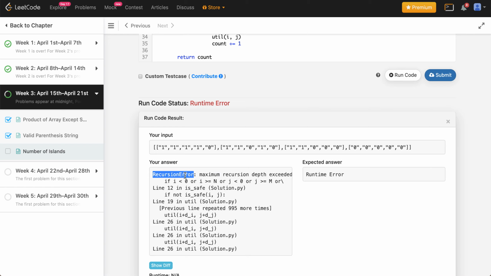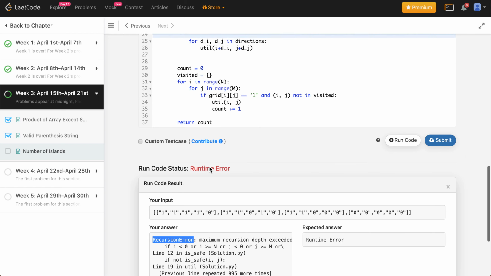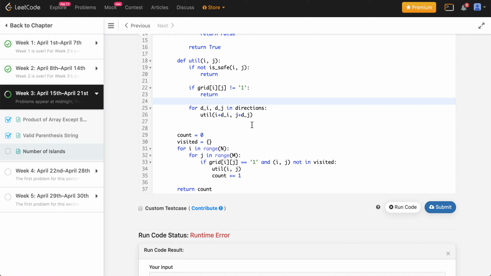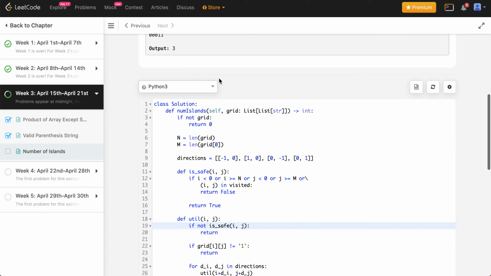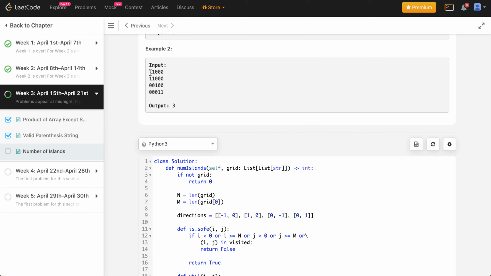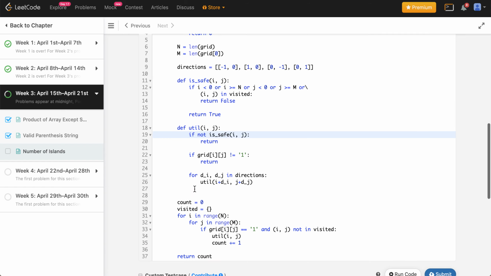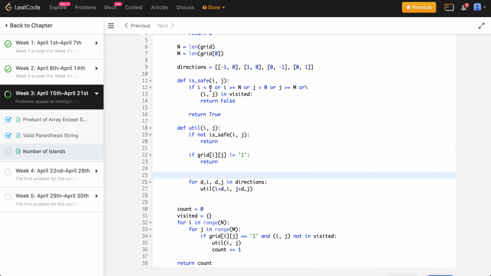Keeping that aside, a recursion error shows you that you're not breaking out of the loop properly. And the only reason why this breakage will not happen is if you have a cycle going forward. So basically you go here and then you go on the left, or sorry, you go on the right, but then you go on the left and then you go left, right over and over again. And the way to control for that is just using the visited values. So what we need to do is we've already had that is safe condition, and all we need to do over here is that if all these markations have happened, you can basically set your i and j inside your visited